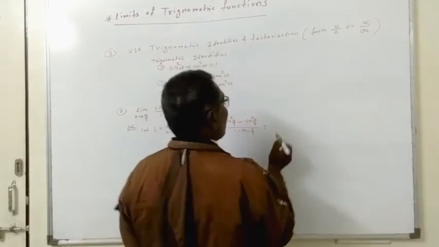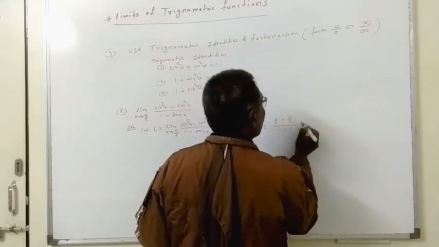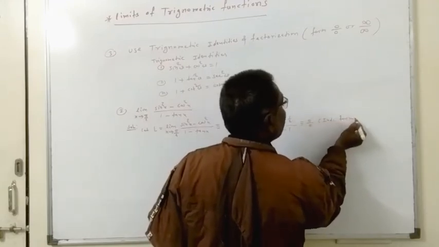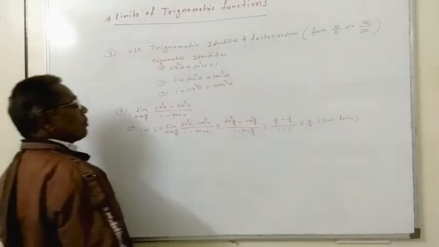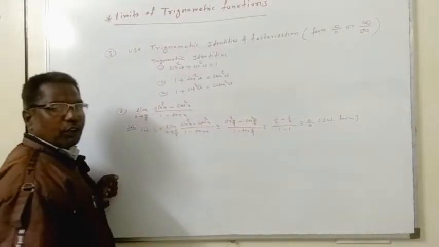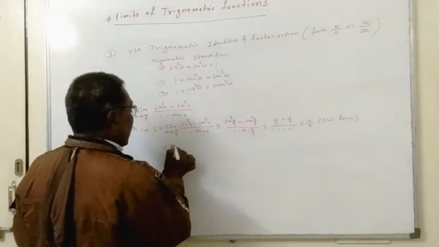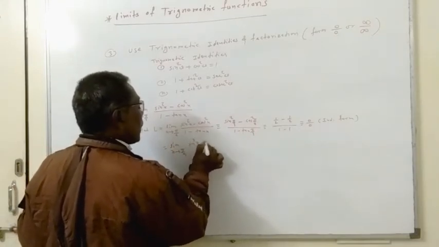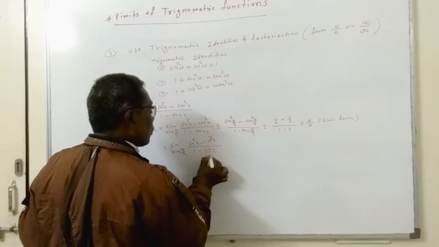Now sin pi by 4 is 1 upon root 2. 1 upon root 2 square is 1 half, minus 1 half, so 1 minus 1. So we get 0 upon 0, an indeterminate form. So the direct method of evaluating the value of the function fails. Now we think of another method. Here we have sin and cos square functions, so we can use the identity. Now tan we will first convert into sin and cos. So we can write this as the limit x tends to pi by 4 of (sin square x minus cos square x) divided by (1 minus sin x upon cos x).